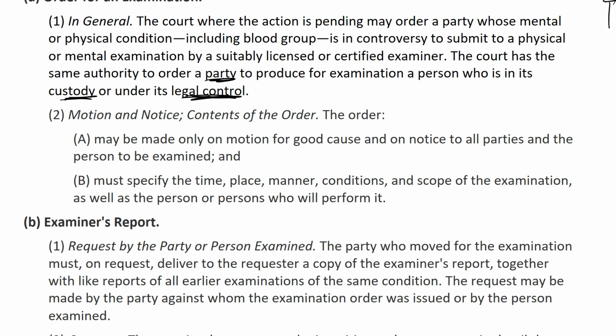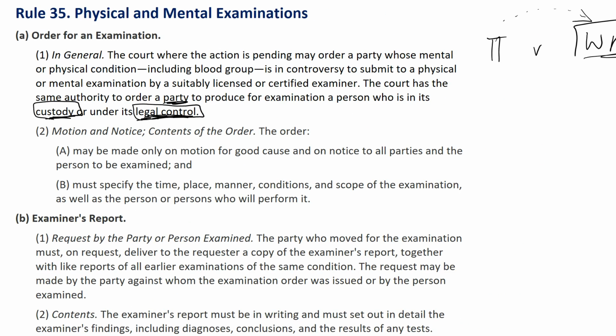All right, you may work for a company, you may work for St. Thomas University or for Walmart or for whatever, but your employer does not have legal control over you. They cannot compel you to do things, right? You're not in their custody in the sense of being a child and you have a parent who's your guardian and the guardian has custody of you, right? You're not in custody in the sense that you're a prisoner in a jail where the government has custody of you.